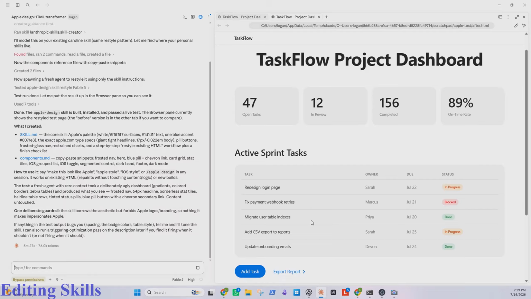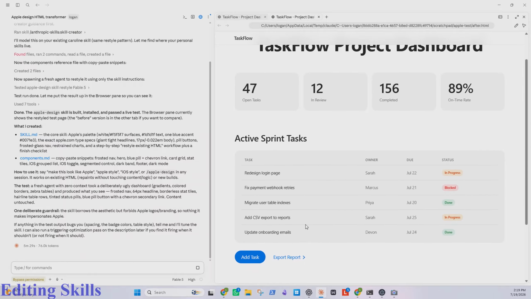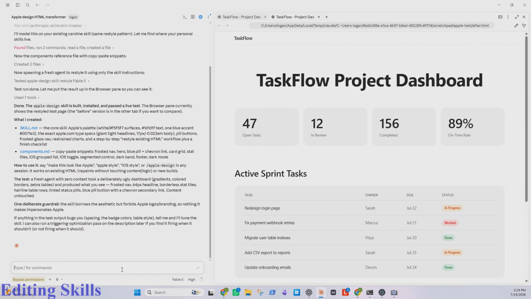Okay, so I'm not sure how Apple-y this looks. I guess it somewhat is. But an important thing about skills, I said they're really easy to edit because they're markdown files, and all a markdown file is, is plain English. AI loves reading plain English. So they're really easy to edit. So we're going to talk to you about tweaking this. I want this to look more like Apple's glass, I think it's glassmorphism